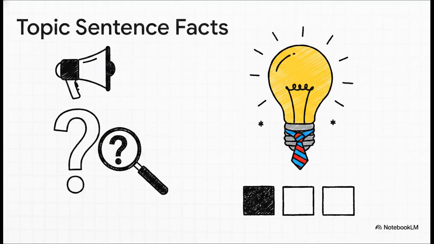The absolutely crucial thing to remember here is that a topic sentence doesn't just announce what you're talking about. It dictates the entire direction of the paragraph. It introduces the topic, usually jumping in right away as your first or second sentence. But the most vital part of this is that it must contain an idea or an opinion, which we call the controlling idea. It needs to answer why or how. For example, answering why autumn is the best season, or how playing football offers numerous benefits. The controlling idea is basically the boss. It tells the rest of your sentences exactly what they need to prove.